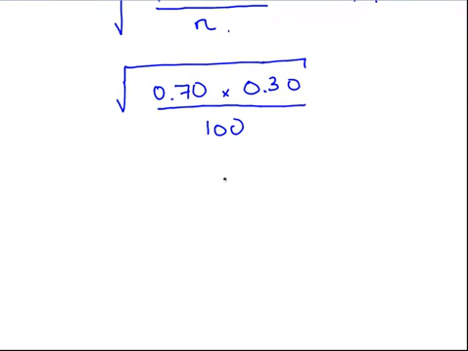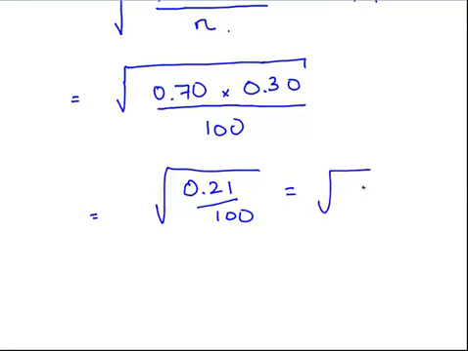So this is essentially a little bit of calculator work. Just be very careful, particularly as you're about to take the square root of this. Do this several times on your calculator and double check your answer. What you should get is 0.21 divided by 100, and that is equal to the square root of 0.0021. And when you take the square root of that,